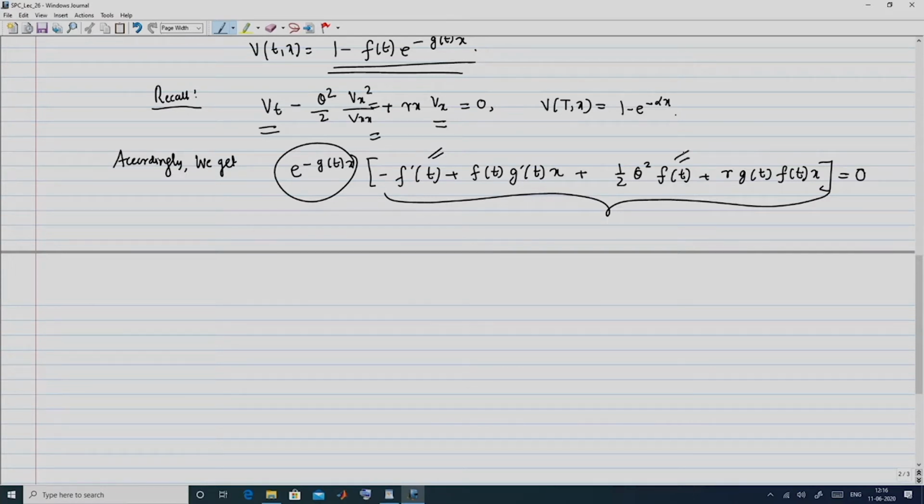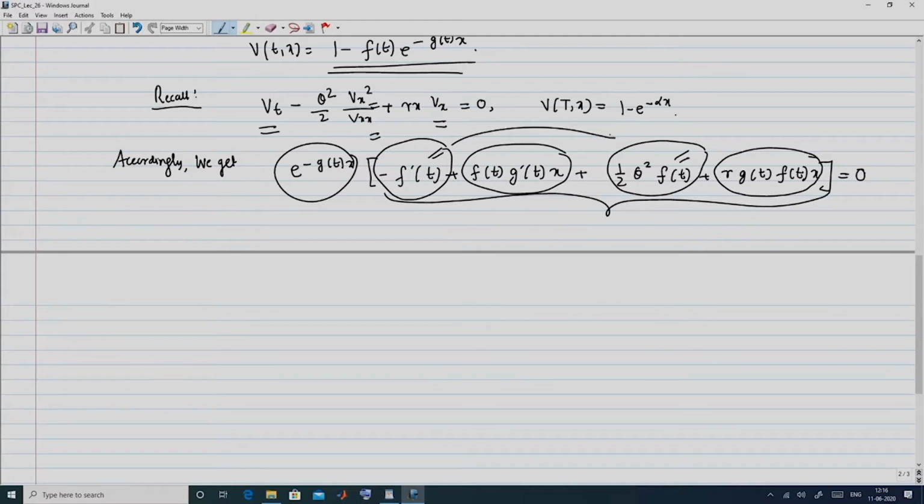What we are going to do is segregate the terms which involve only f or f prime, that is the function f, and those which involve both f and g, or g prime. These two are going to be collected together. One way of achieving that this is equal to 0 is that this plus this is 0, and this expression plus this expression is 0. So accordingly, we get f prime of t minus half theta square f of t is equal